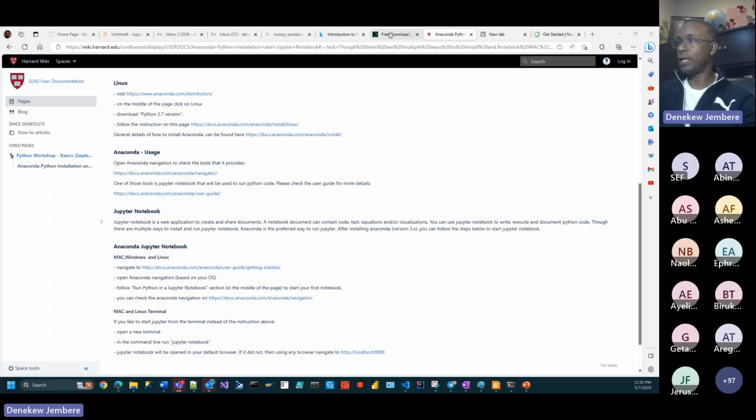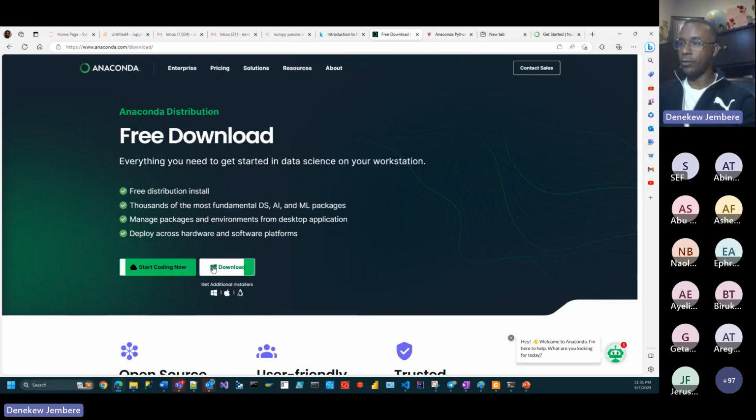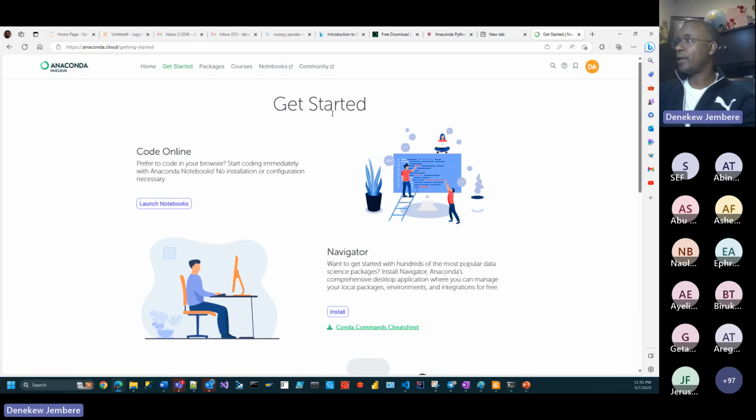The second option is right here. The first one is downloading locally, installing Anaconda, and setting it up and using it for your code executions. The second option is also here, start coding now, which takes you to the cloud environment. And this cloud environment, as I told you, now I logged in as Danny Aberra here, and then I can write